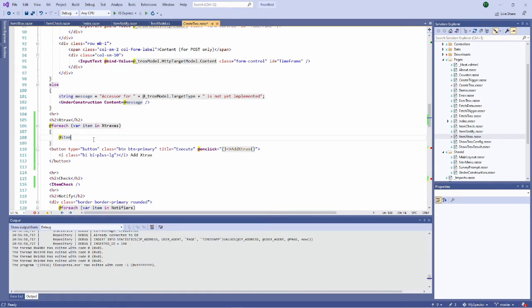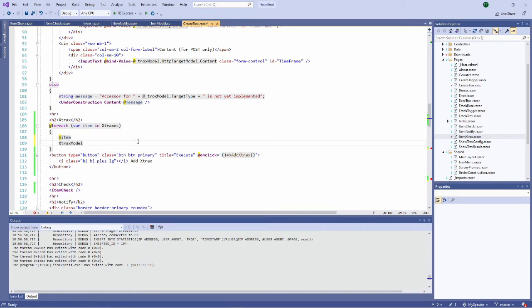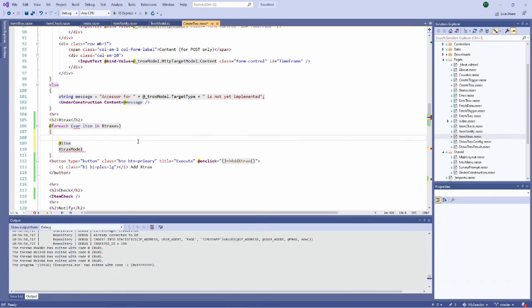And here I will use item. Item in fact is the item extracts, where I will give as a parameter model, my item. Okay.